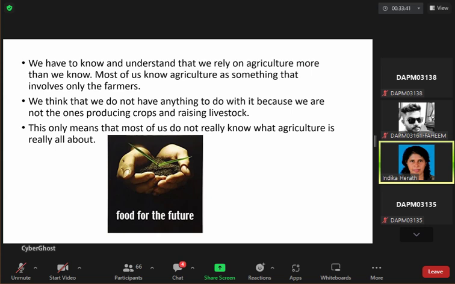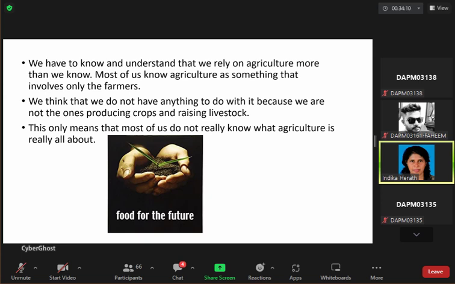To get this protein source, especially we need meat and other products like milk, meat and eggs. So we want to feed those animals if we are rearing them. So we need to do agriculture to feed ourselves and to feed the animals that we want, right? This means most of us